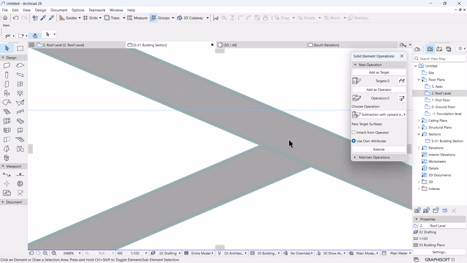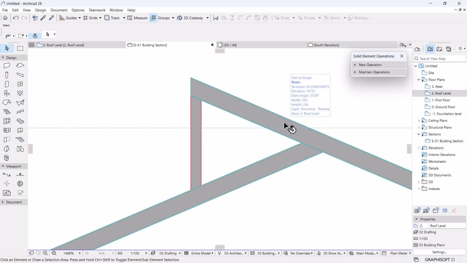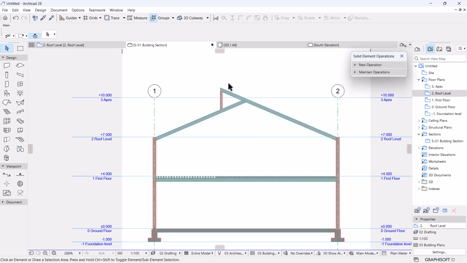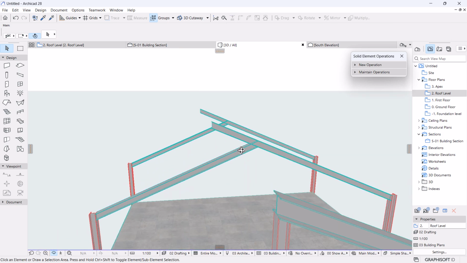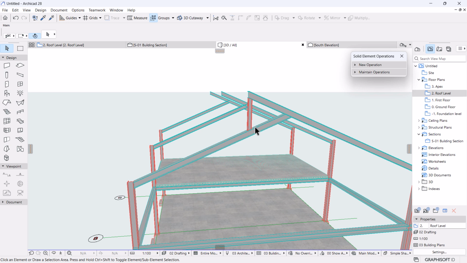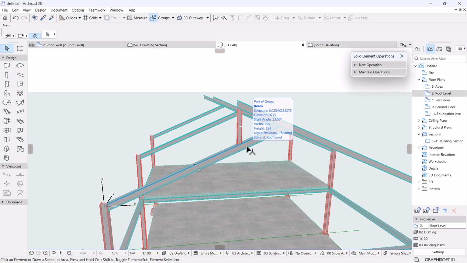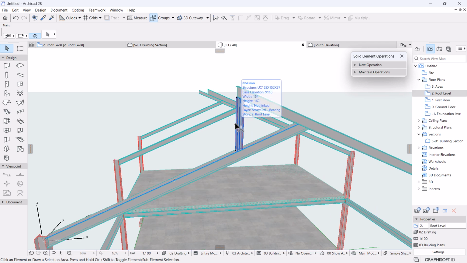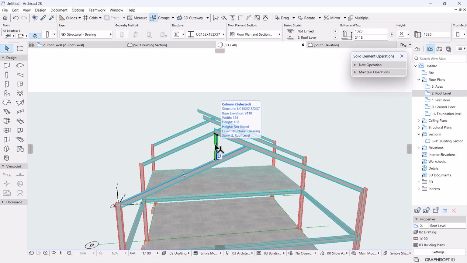Perfect. I now have clean connections between the three members, which is a very impressive thing to achieve. So check in 3D to appreciate the progress. In order for you to orbit around your project effortlessly, without, sometimes when you try to orbit, elements moving away from the focal point, you'll have to select the element that you want the orbit to be